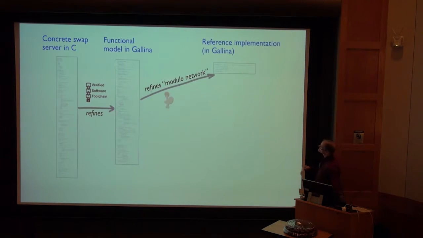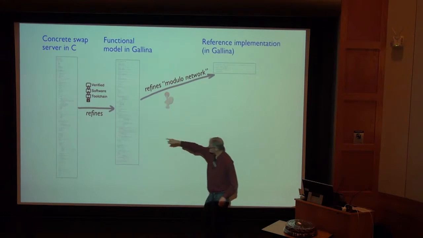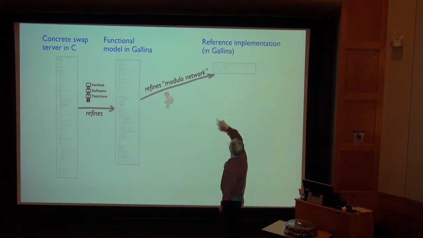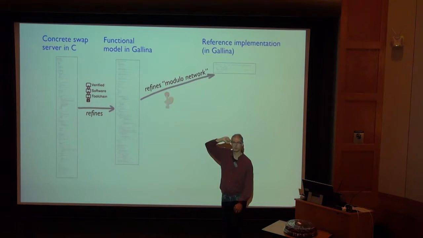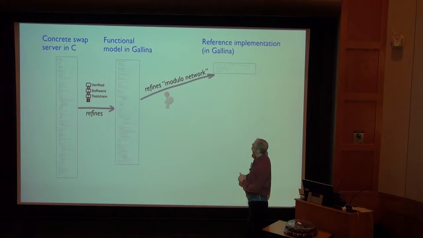And we show that this Galena model refines the reference implementation in a slightly funny sense, which I'll come back to in more detail, but we talk about refinement modulo the scrambling of messages